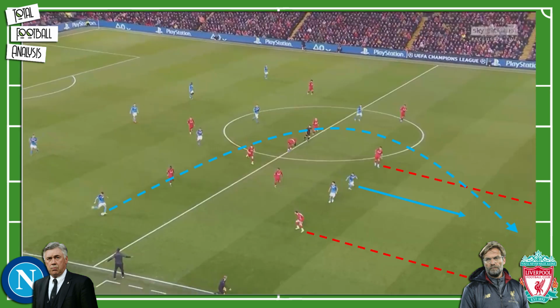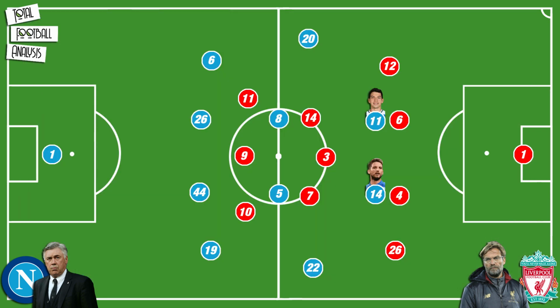Napoli used Mertens and Lozano to attack the channels to exploit their pace against Liverpool's high line and physically strong centre-backs. This particular ball resulted in Napoli's only goal of the game. Napoli's style of attack also limited Liverpool's opportunities to take advantage of their side as they transitioned into attack. The Italian side took their opportunities on the ball to play it early into the channels for Mertens and Lozano